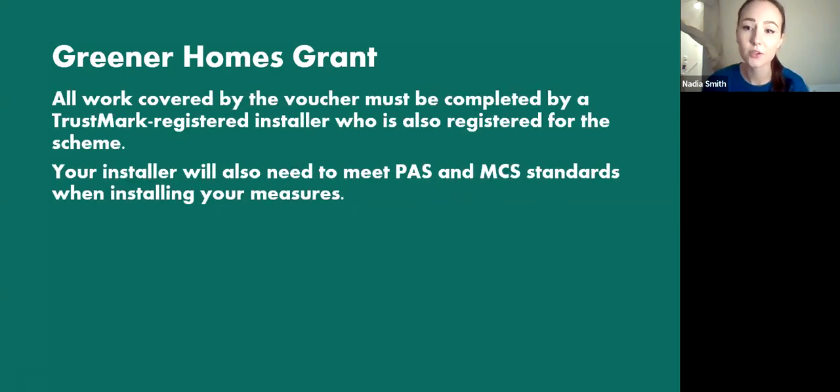So all of the work that you have done through the Greener Homes Grant must be completed by contractors that are registered with Trustmark, and your installer will have to meet PAS and MCS standards when they're installing your measures. The MCS standard are pretty standard when it comes to renewable energy installers. PAS is also pretty standard when it comes to energy efficiency installers, although there are quite a few organizations currently applying for these